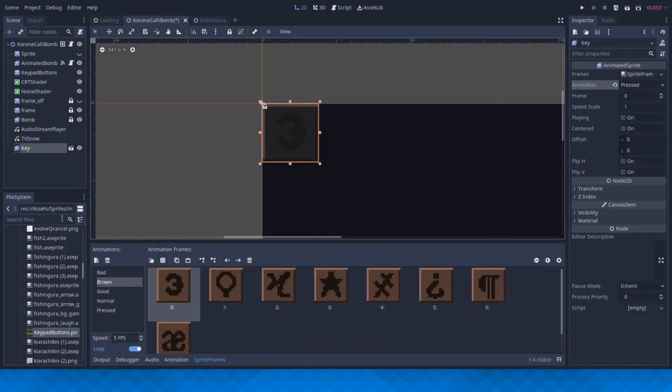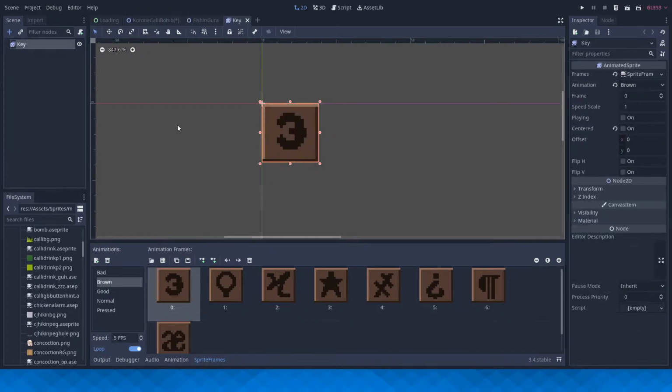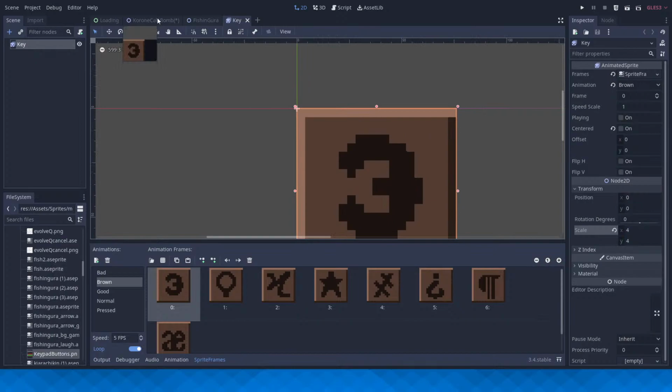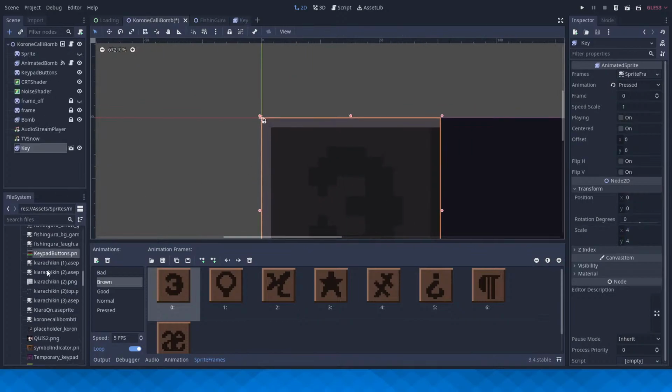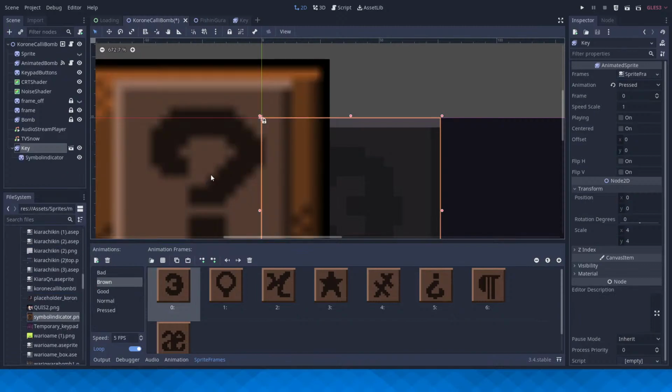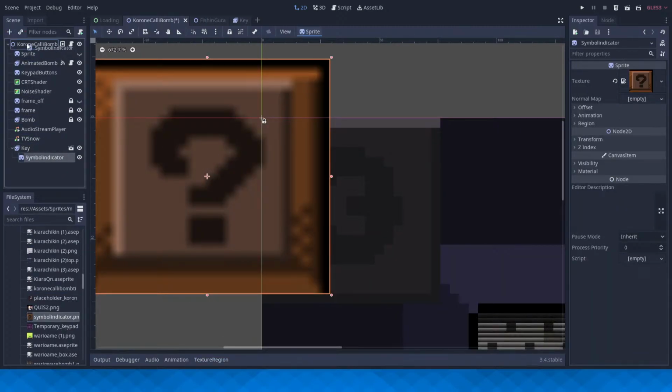All right, transition back, and now I can look. Actually, I should make this key 4x4 scale like everything else. And now symbol indicator.png, I could just, oh, that's now a child. That's not what I meant to do. 1 second.